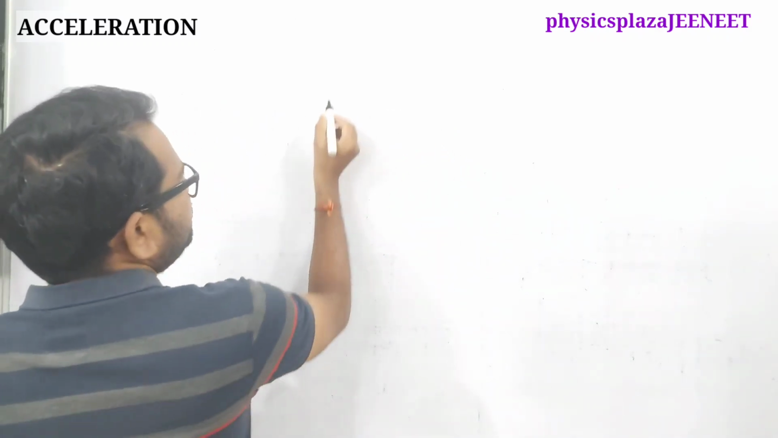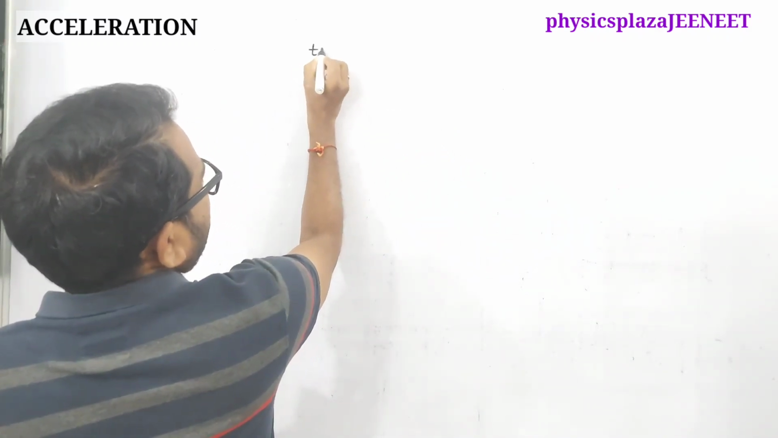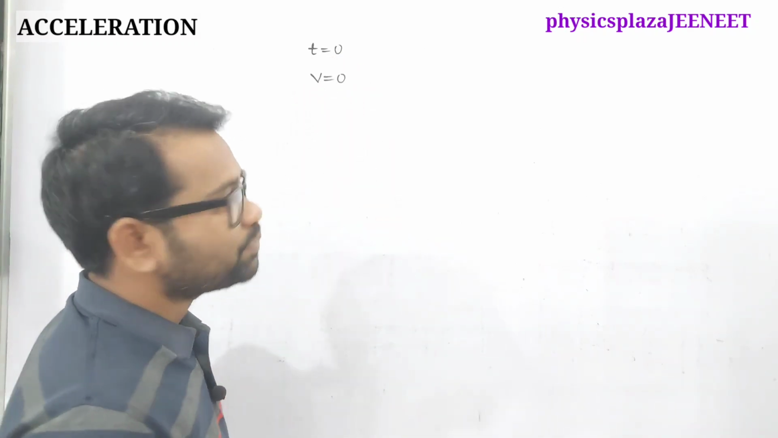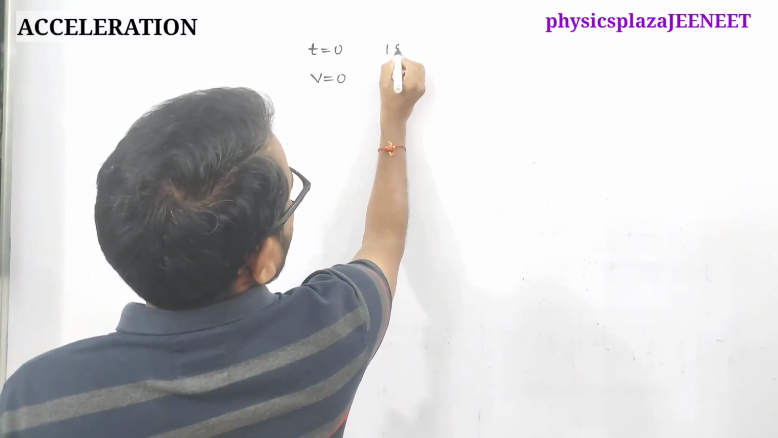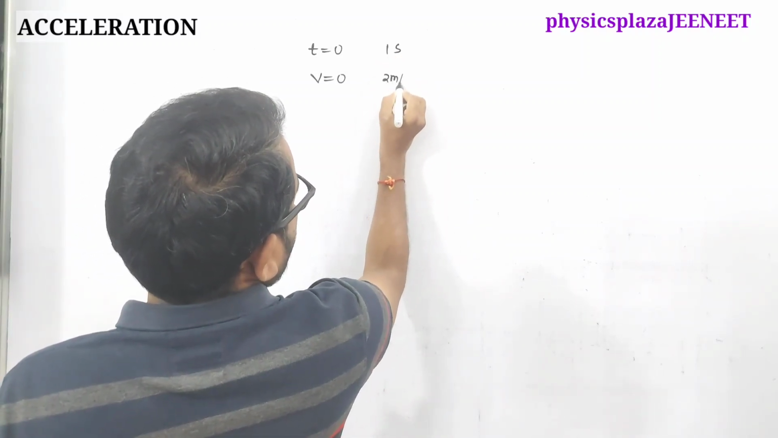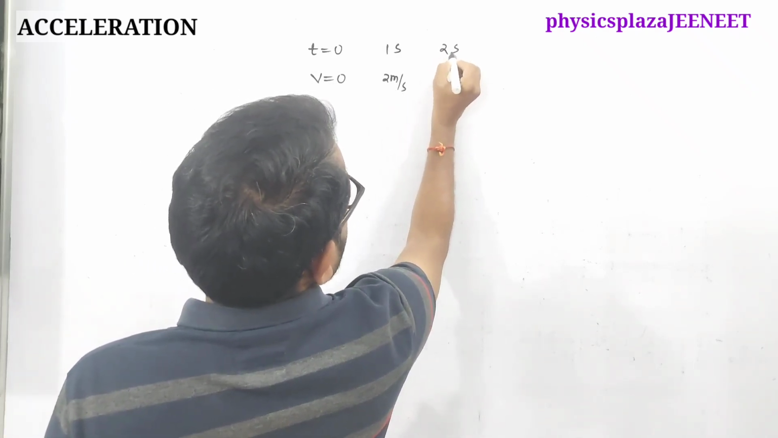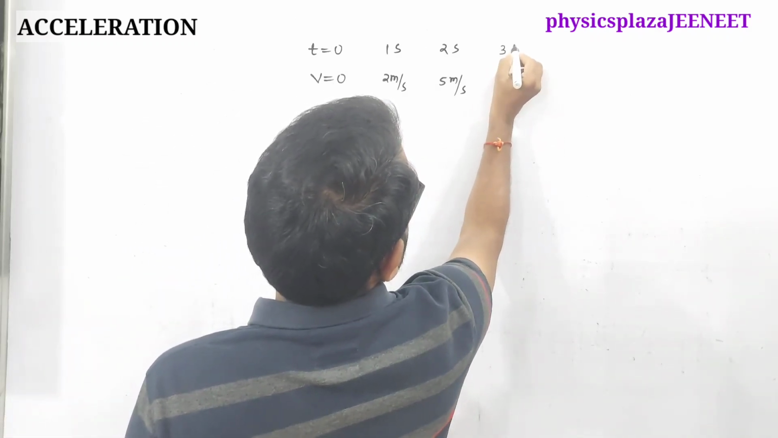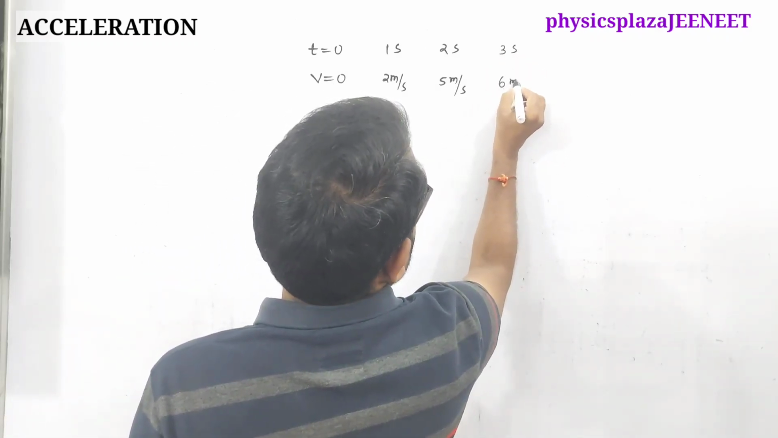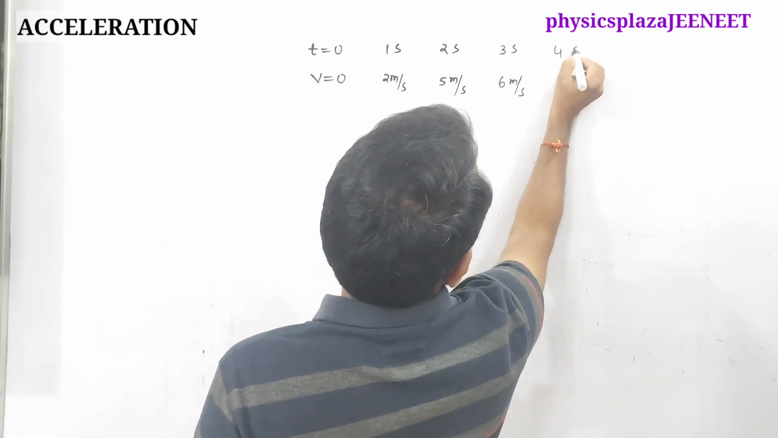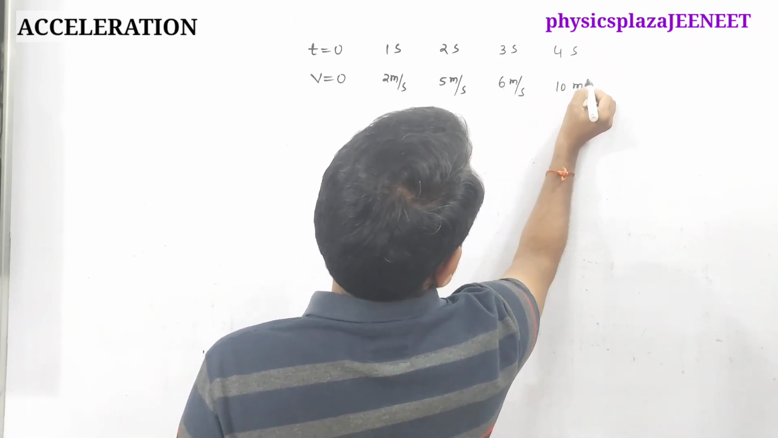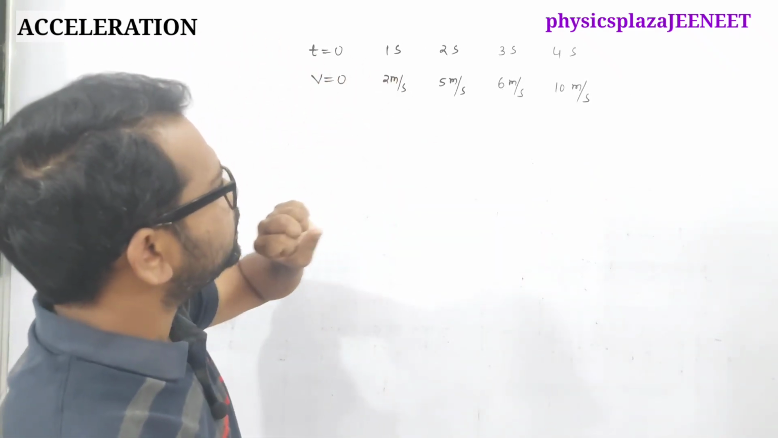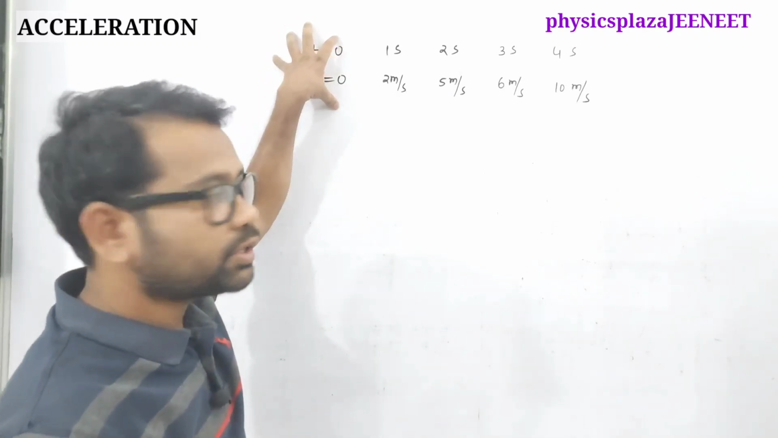Suppose, children, at time 0, the velocity of a vehicle is 0. This is just an example. Let us say after 1 second, its velocity is 2 meter per second. After 2 seconds, its velocity is 5 meter per second. After 3 seconds, it is 6 meter per second. After 4 seconds, it is 10 meter per second. Now, if you look at this example, children, that particular vehicle's velocity